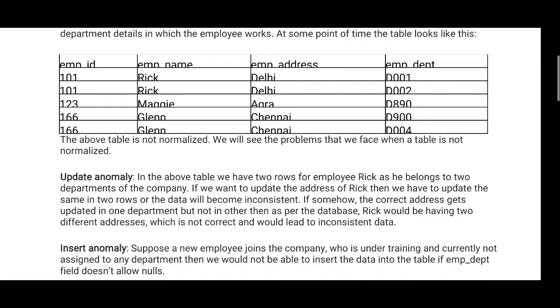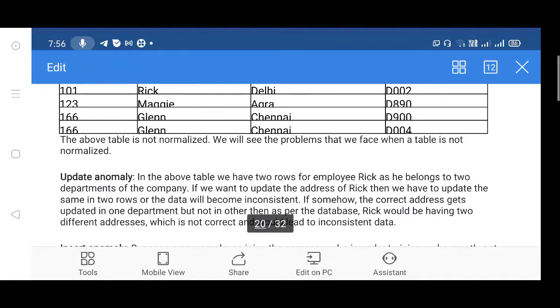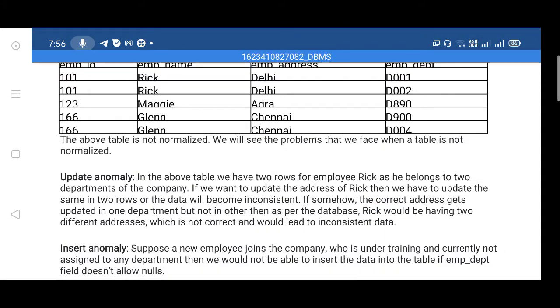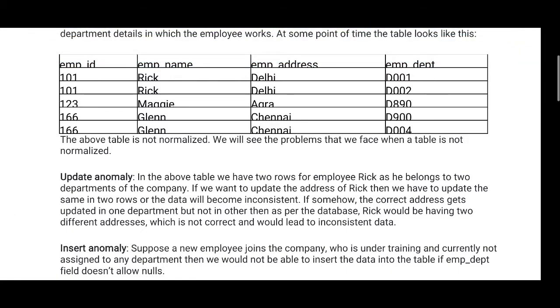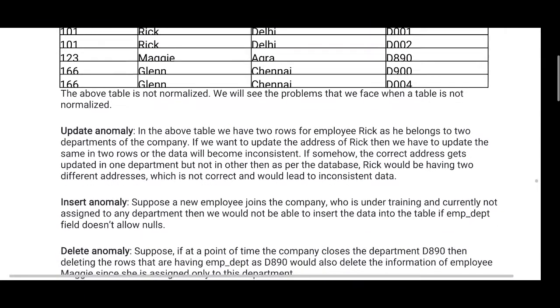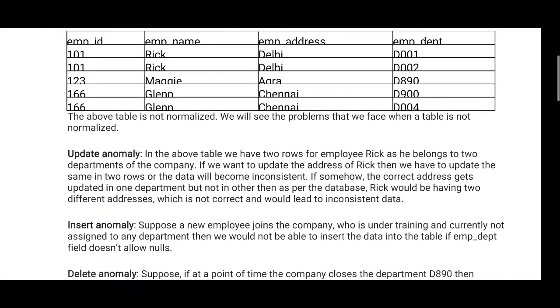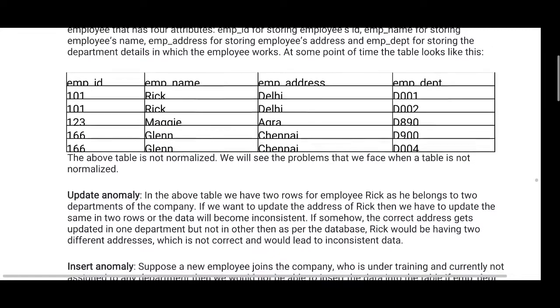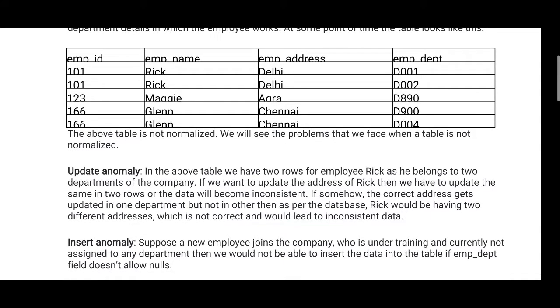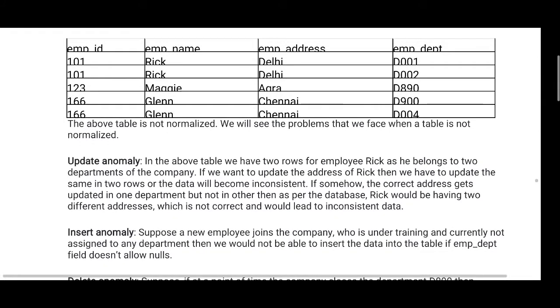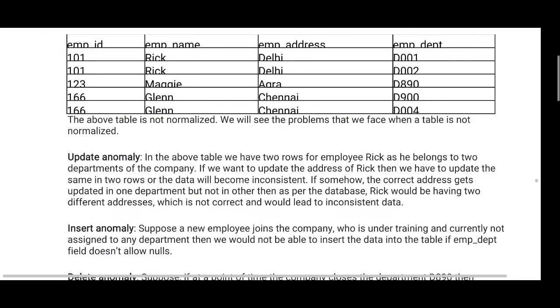The above table is not normalized. We will see the problems we face when a table is not normalized. Here in the above table we have two rows for employee Rick, and he belongs to two departments of the company.